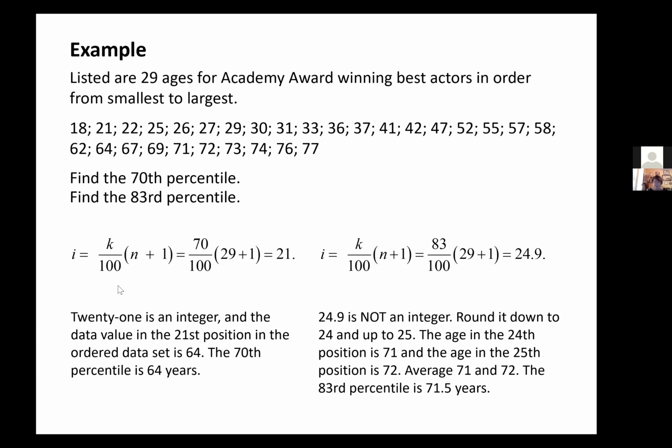So to find the 70th percentile, what we're going to do is replace K, since that's the percentile we're interested in, with 70. So we're interested in finding the 70th percentile. I have 29 data values, so n is 29, and I just calculate the math. So what it tells me,